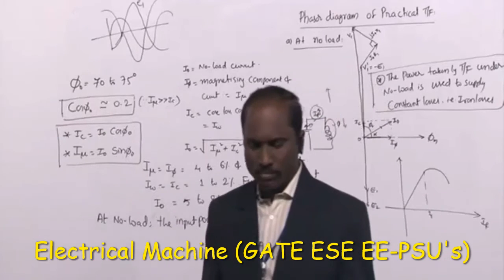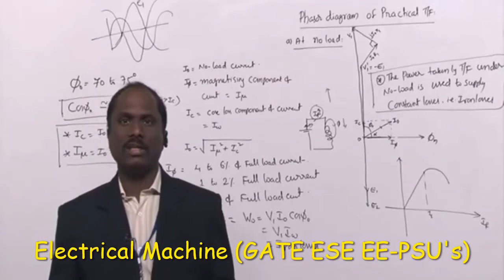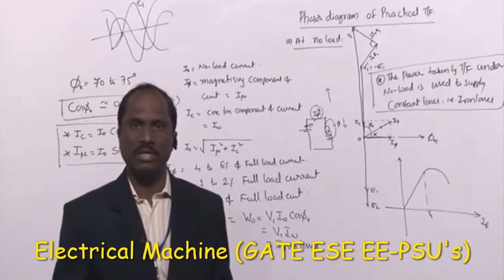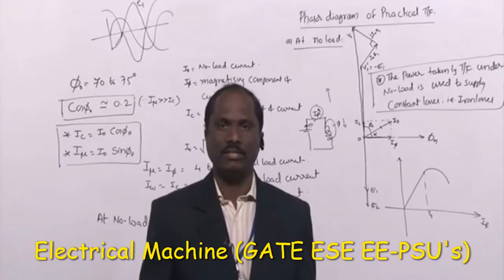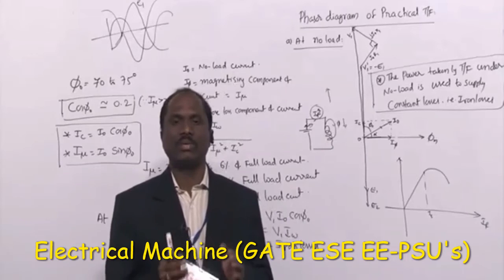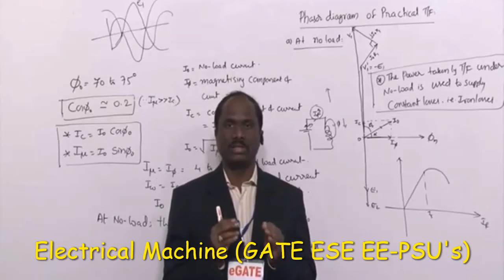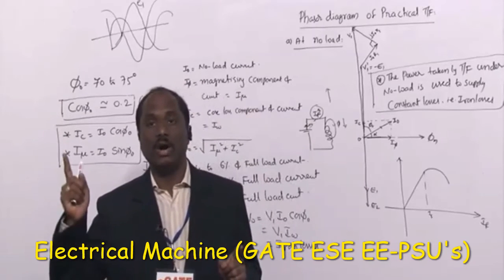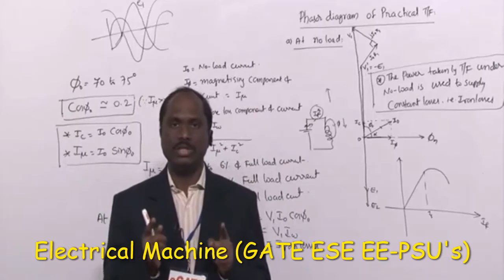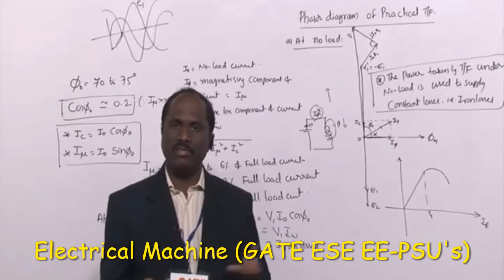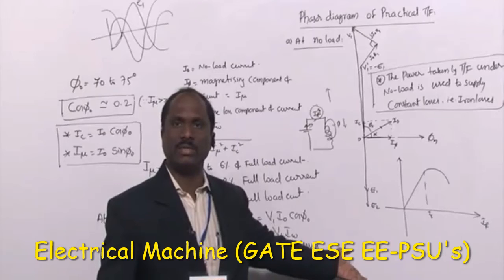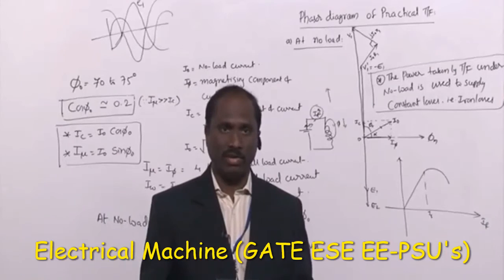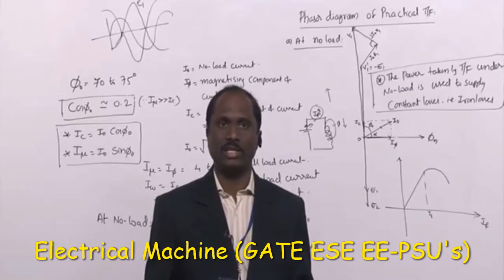Okay. Next, Manoj from Delhi. Sir, what do we call E1 and E2 in a transformer? Is there any formula to derive it? E1 and E2 are nothing but the induced EMFs in the transformer. V1 is the supply voltage and V2 is the voltage available across the output terminals of the transformer. The induced EMF formula is E1 equals 4.44 f N phi, which we have already derived.